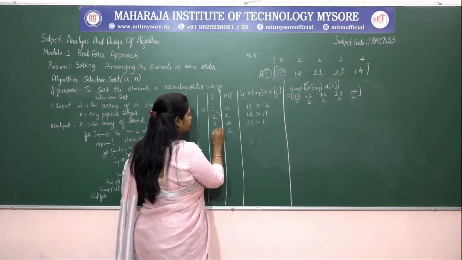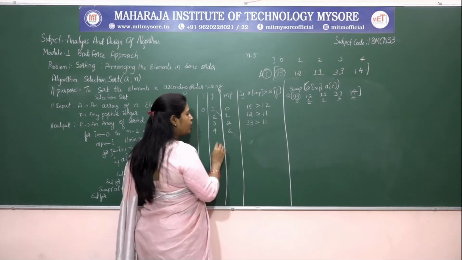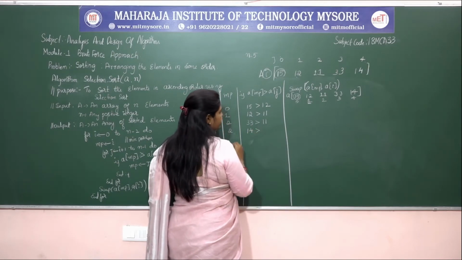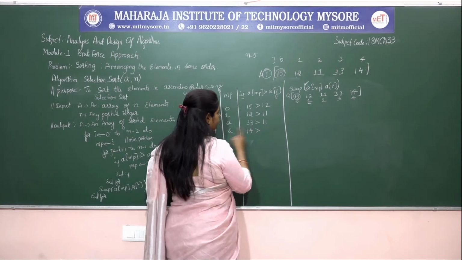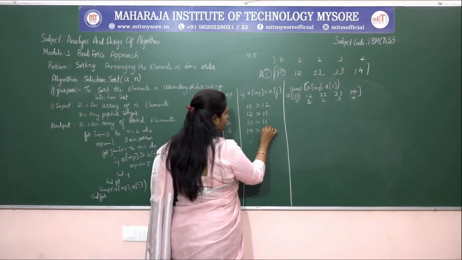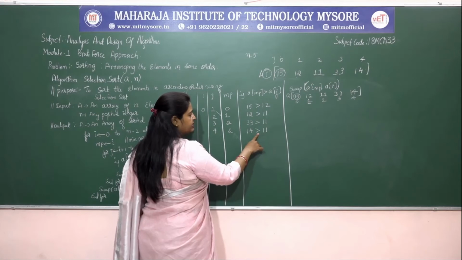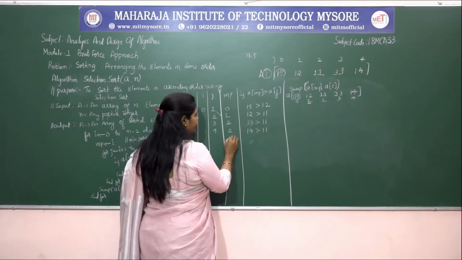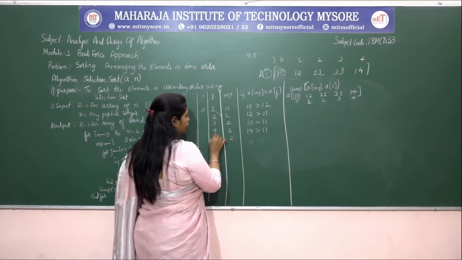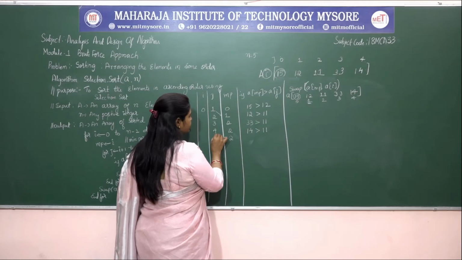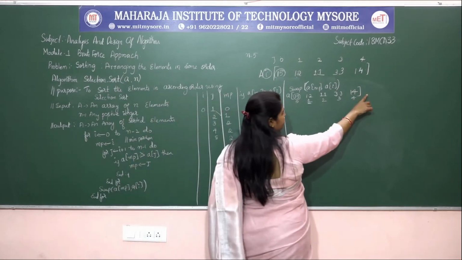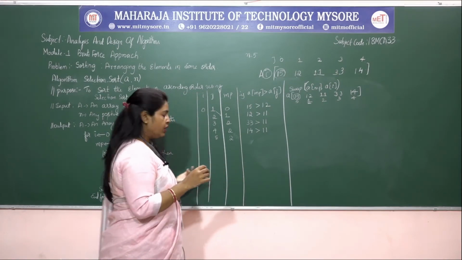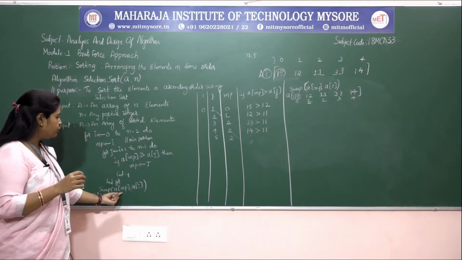Your J gets incremented, J is 4. So now the fourth position element, that is 14. 14 is greater than your minimum position element. What is the minimum position element? 11. So 11 we are going to check. So 14 is greater than 11, that is also false. If it is false, MP will remain as it is. Now your J gets incremented, J is 5, but you don't have any elements to do comparison in the fifth position. So if you don't have any element to compare in the fifth position, what we need to do?